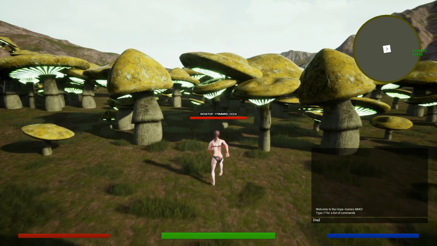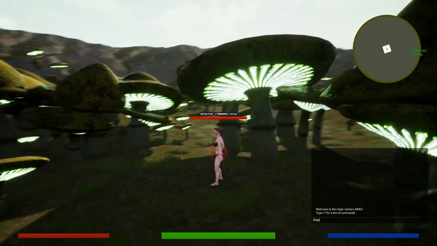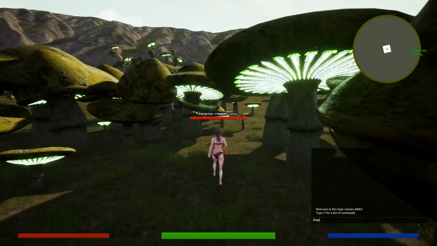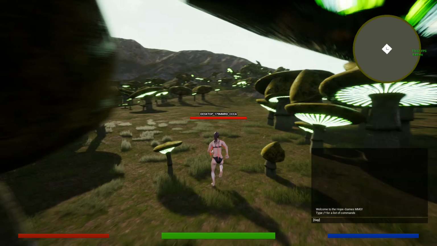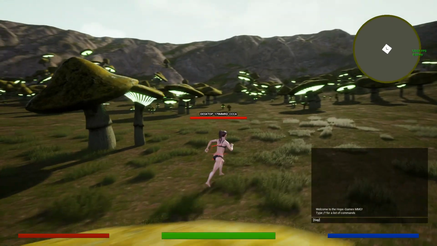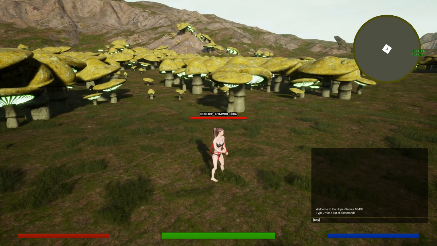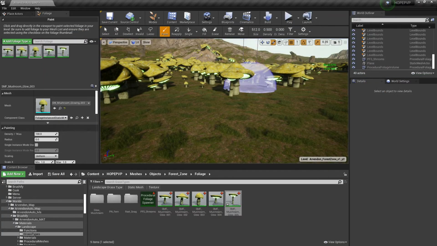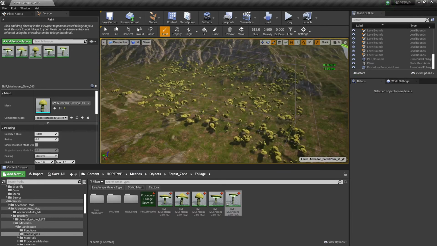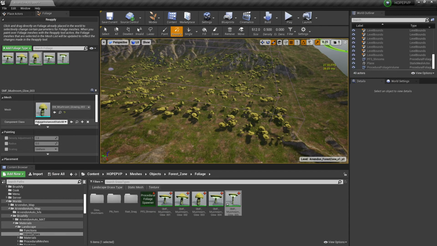It's crazy that these managed to touch each other with that collision set so low, or so high. But it looks really neat. We have a cool section of mushroom forest here that just needs to be doctored up, and it's really cool. I'm really happy with it. We honestly just need to go back into the spawner and change a few settings, and we still need to go blow away some of this because there's too much, and that's why I was trying to use the reapply. So let's